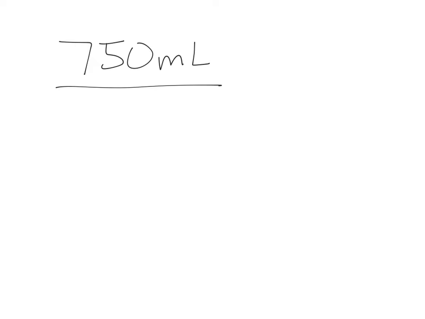So when I do that, 8 times 60 gives me 480 minutes. So that's the number I'm going to use here in this problem. And then I'll multiply by the drop factor. In number 22, the drop factor was 15. So to complete this problem, I'll just do what's on the screen there, 750 divided by 480, and then I take that and multiply it by 15, and it gives me about